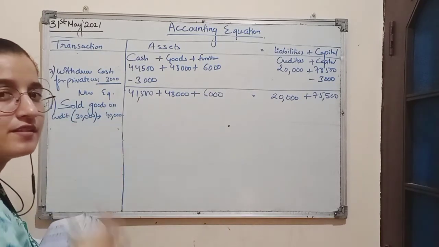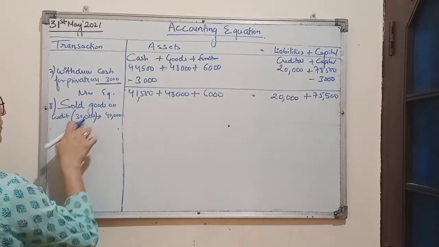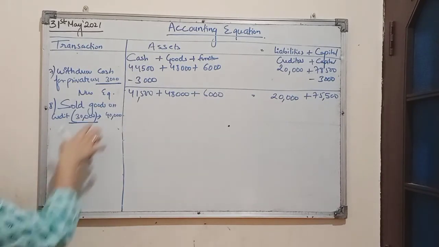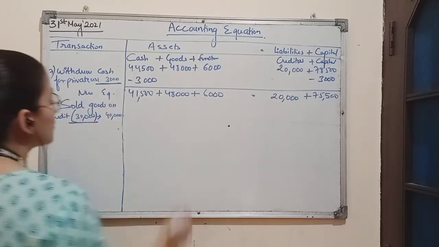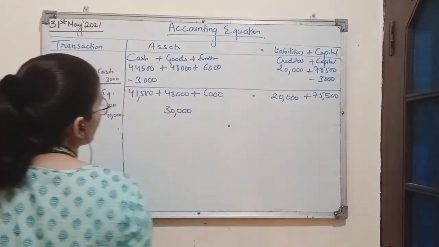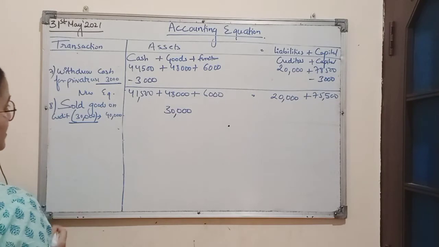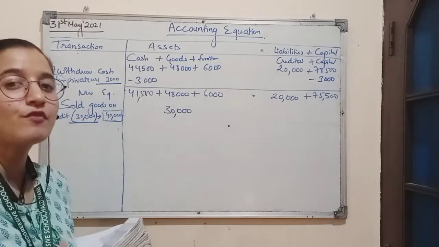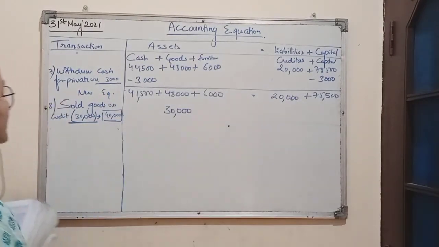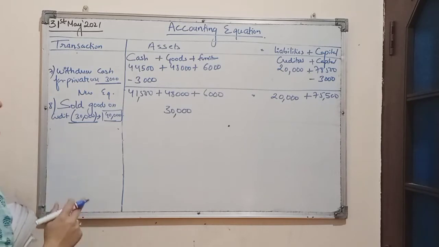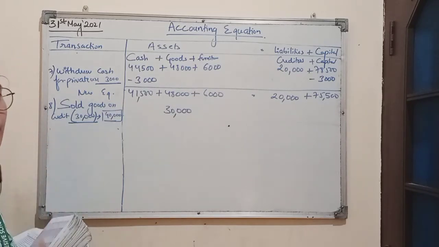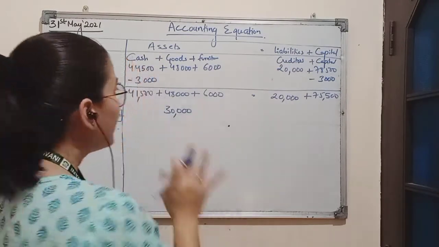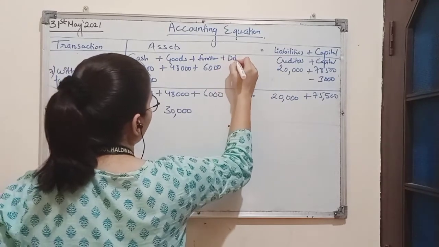So here in this transaction we know goods have been sold. That means there is an outflow of goods. So it will reduce the balance of goods by rupees 30,000 because 30,000 of goods have been sold. So we will reduce this amount from the balance of goods. And these goods have been sold for 40,000. That means we will receive the amount 40,000. But here the condition is the goods have been sold on credit. That means we have not received the payment yet, but we will receive the payment in future. And the person to whom the goods have been sold is known as debtor.